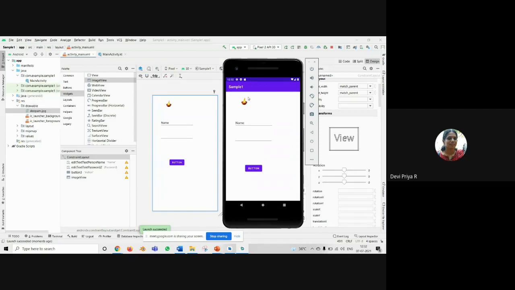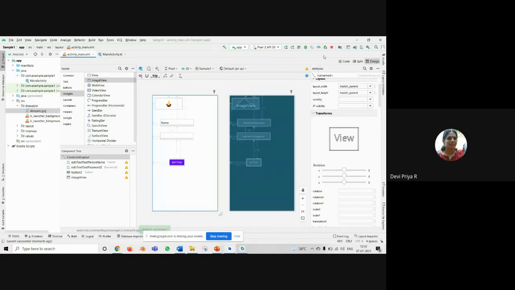See, the new image is being shown here. So the only thing that you have to do is copy and paste your image in this project folder. That means this app, res folder, drawable folder. Inside res you have drawable. Okay, so then you can directly choose the image. That is the one thing.